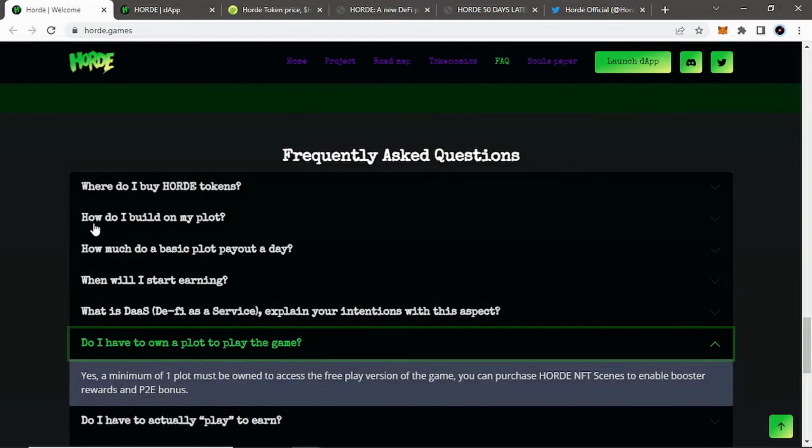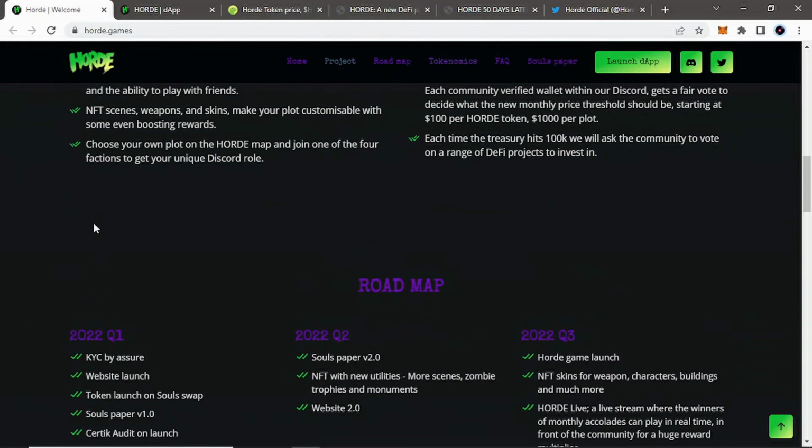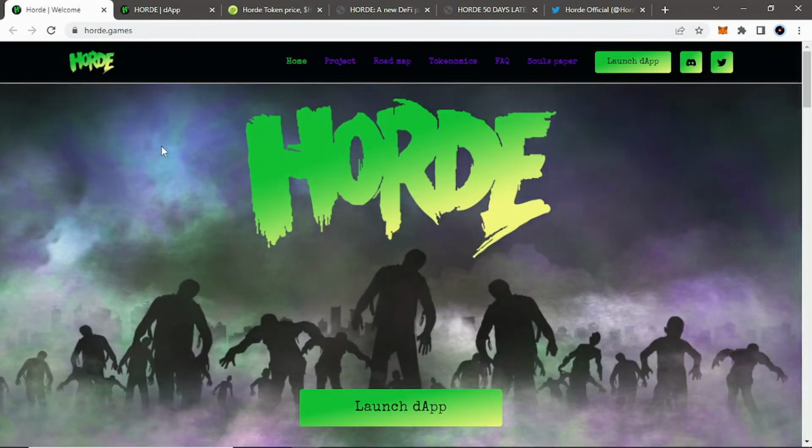I'm a fan of Horde, especially with all these other node protocols that have seemed to, not necessarily die off, but have extremely lengthened the time of ROI. If you had got in a month ago with some of these other projects, not going to name any, but maybe we'll cover them in the future just so you guys can be aware of a couple other projects out there in the space. But this is Horde, a DeFi project, node protocol that gives you 1% back a day,